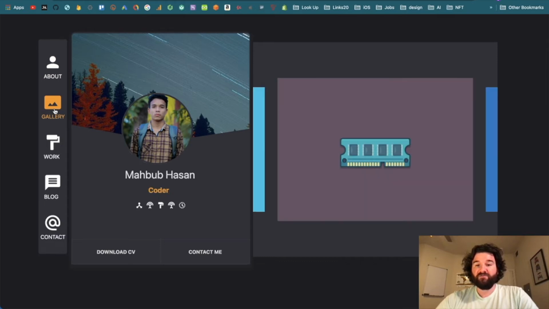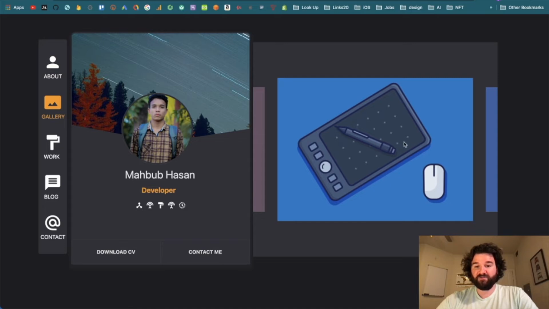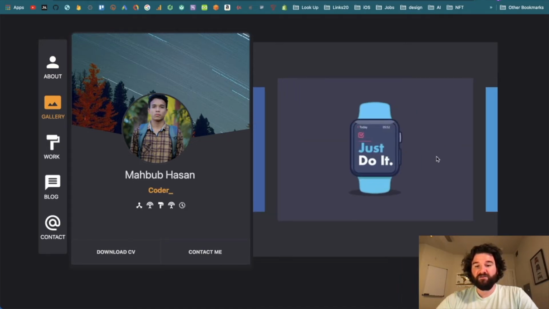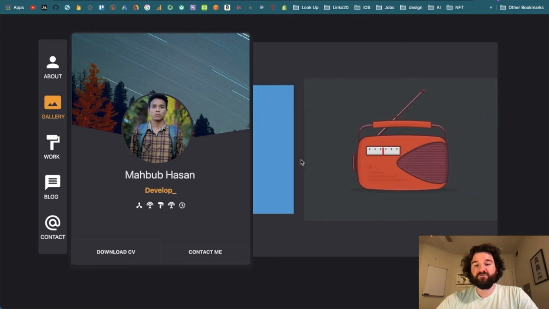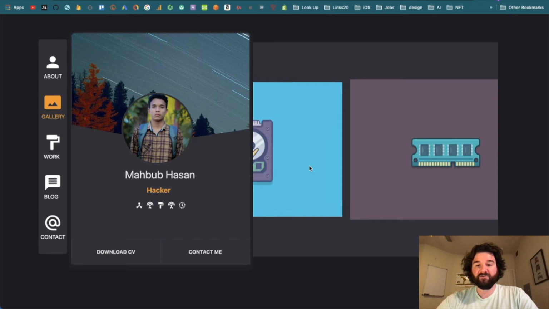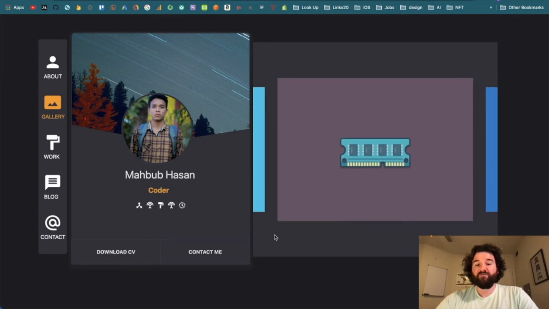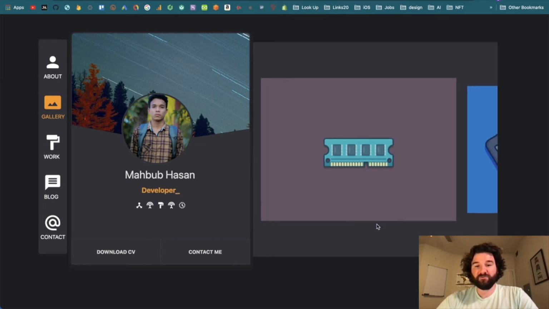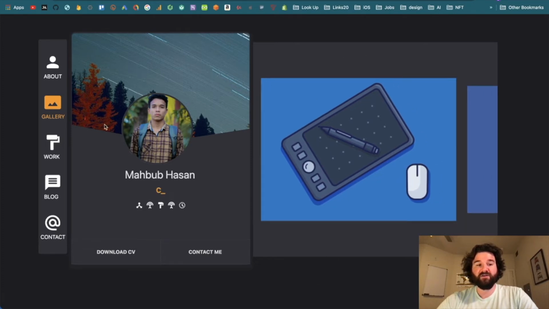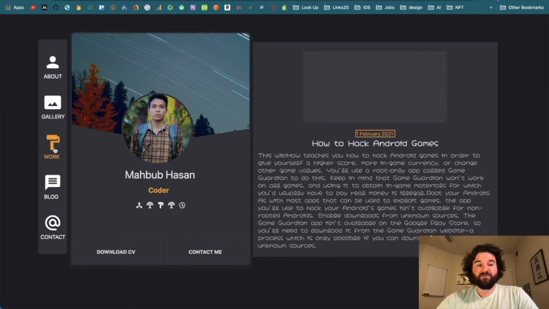If we click gallery here, I'm not sure what this gallery is supposed to represent. Are these designs that you made? Or are these just pictures that you like from the internet? Probably having some sort of caption below each one would be useful to tell us what is actually going on here. If we click on work,